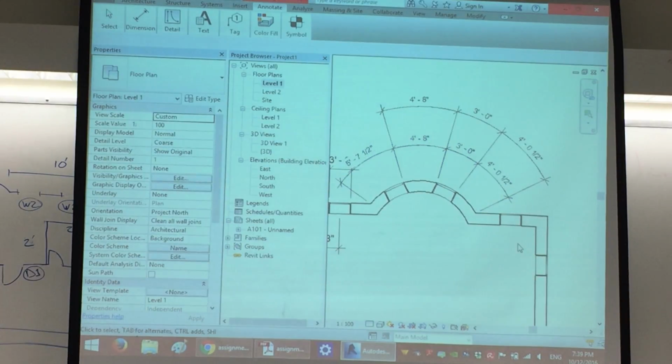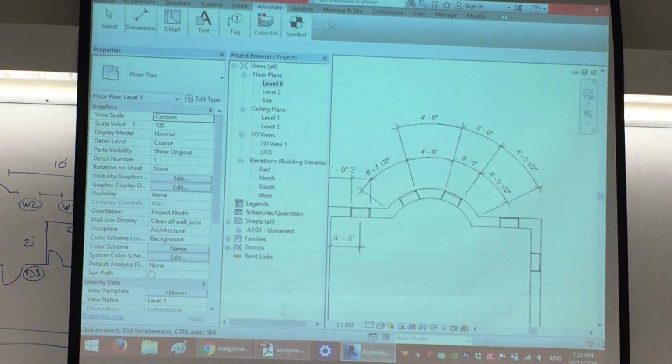So basically, this is how dimension works. The settings was